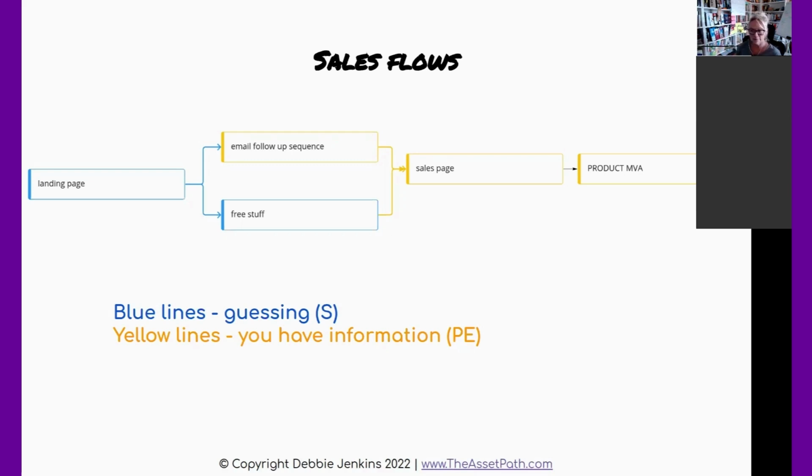Left to right. That's also a good simple thing, isn't it? Left to right. So let's say you've made the landing page, and note if it's in blue, this tends to be suspects. If it's in yellow, it tends to be prospects and expects, but it's not a rule, it just tends to be. The reason I want you to know that is because I want you to be sure that your flows aren't all blue. Make the sale, ask for the money, get that conversation beyond